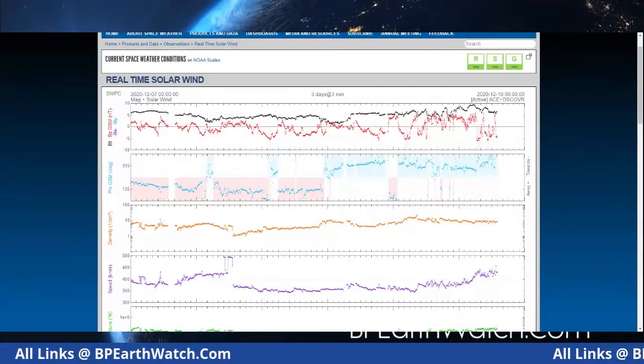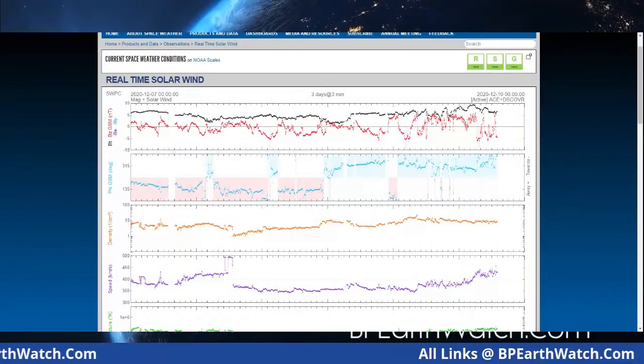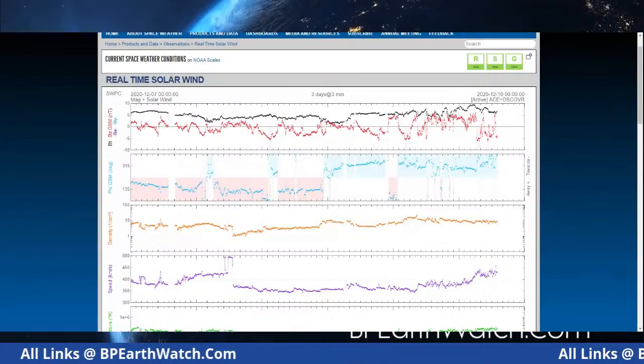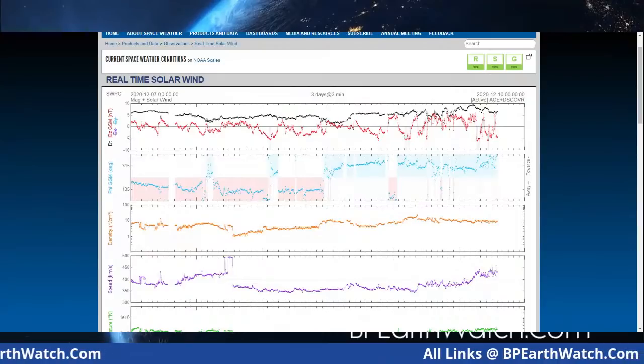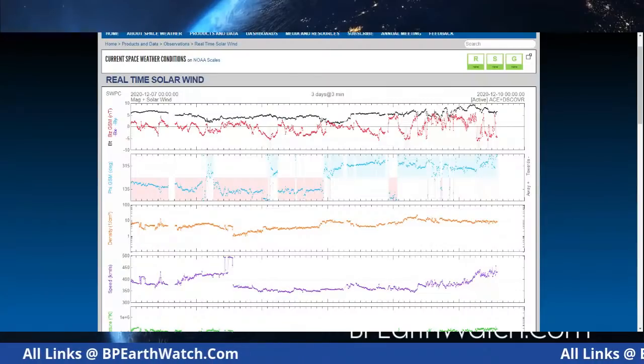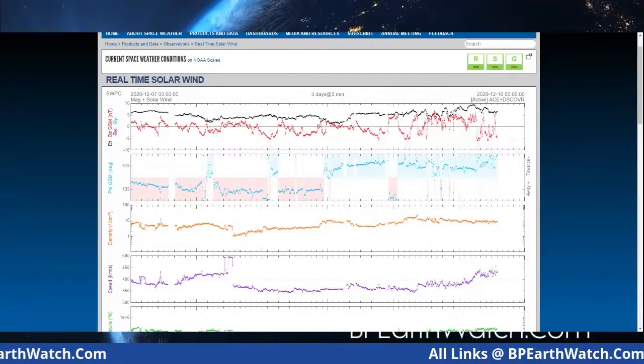I noticed it yesterday. Bolt, I was tracking Starlink's location this morning. On the website BP Earthwatch, on the right side column, not the left side, there's sat tracker software that's free that you can download. Then you put in what satellites you're tracking, and it will show you a map of where they're at on the planet.